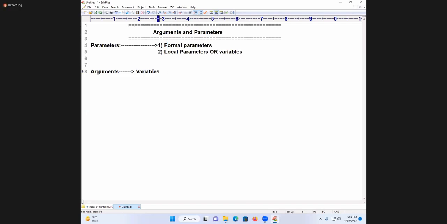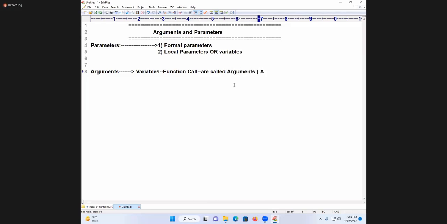Formal parameters. Variables used in the function body, they are called what? Local variables. Variables used in the function call are called what? Arguments.